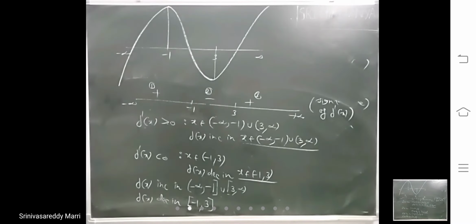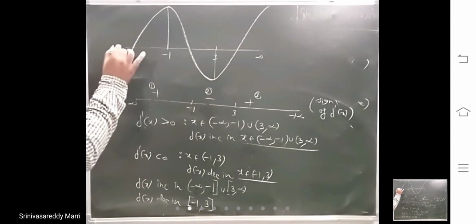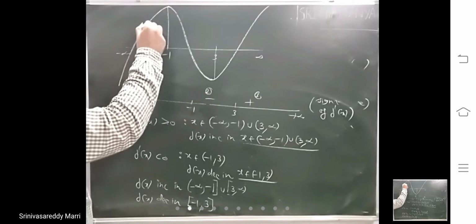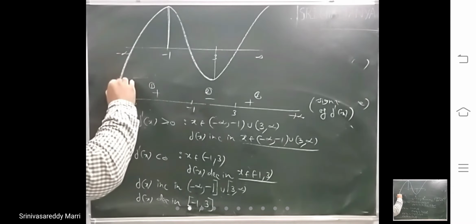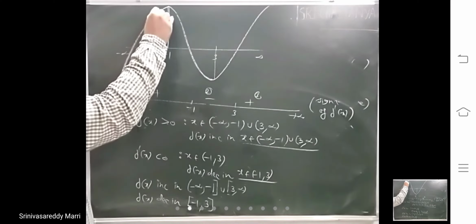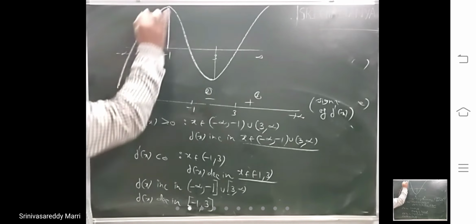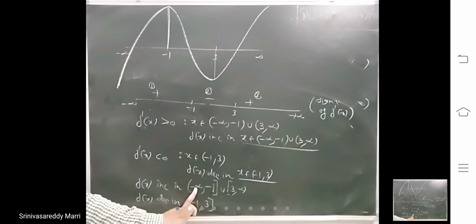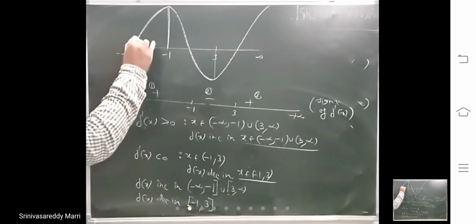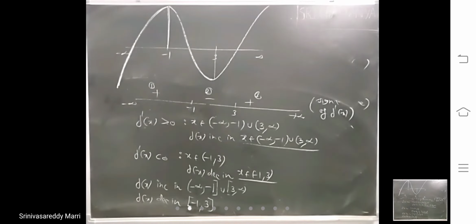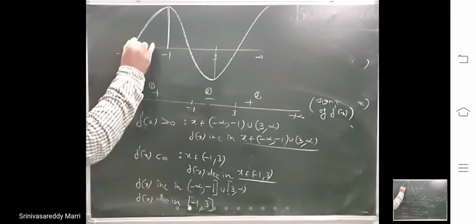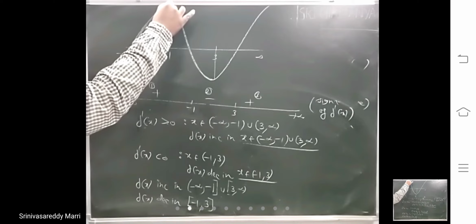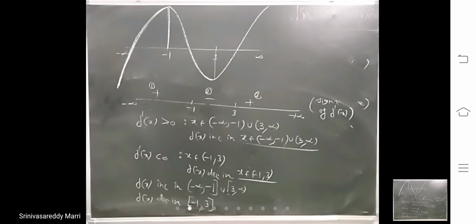Like this, up. So if you look at minus infinity to minus 1, closed, only see this part, from here till minus 1. It is increasing. That means in the closed interval minus infinity to minus 1, what is the graph? Till there, it is increasing. At minus 1, the derivative is not positive, the derivative is 0. But if you look at the graph, from here to here it is increasing only, till minus 1. So that's why you can include it in the closed interval also.